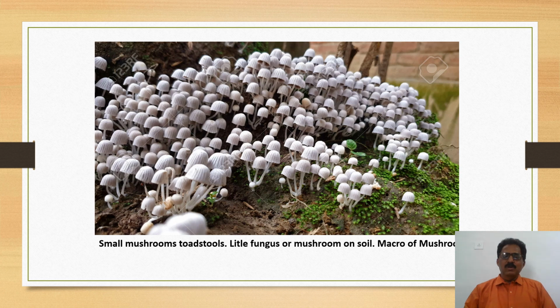These are also small mushrooms, the toadstool. This mushroom is not edible. It is a little fungus or mushroom growing on the soil, with a particular umbrella-like shape. The fruiting body, the basidiocarp, is just like an umbrella and has various colors. But these are toadstools. Toadstool means poisonous fungi, some of the fungi in the forest which are poisonous, and